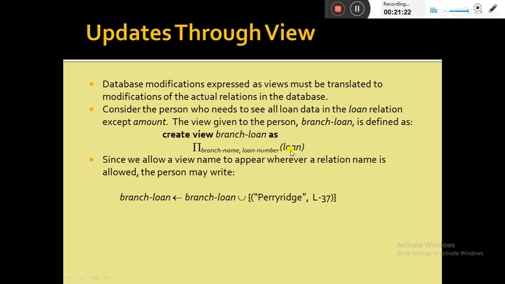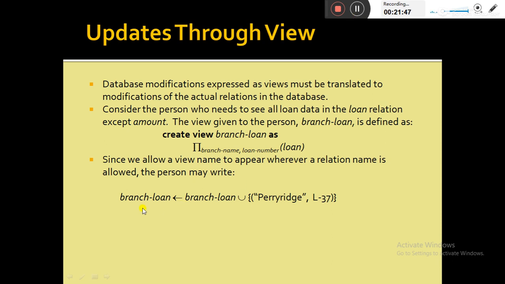So from the loan relation we are only fetching two attributes, branch name and loan number. We are not including the amount. So this view, branch_loan, only stores the information of branch name and loan number. It excludes the loan amount.